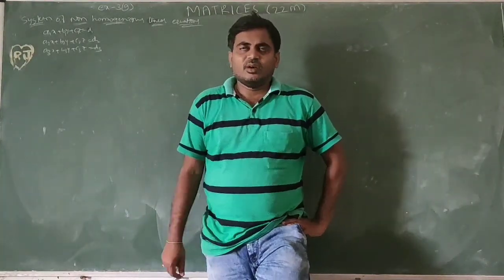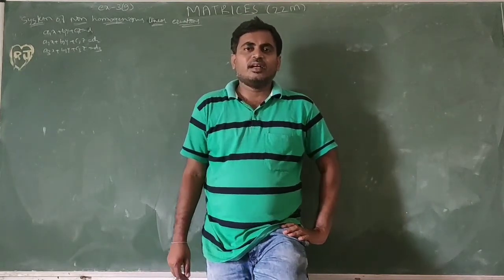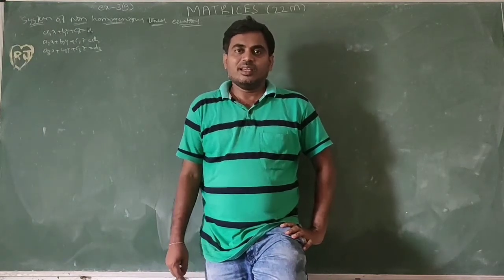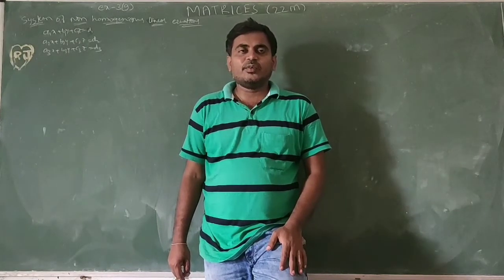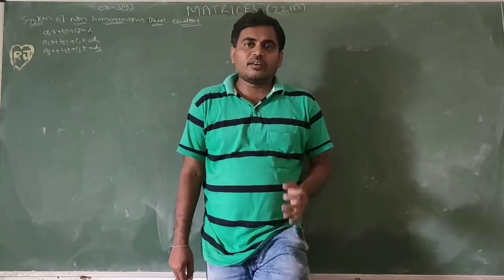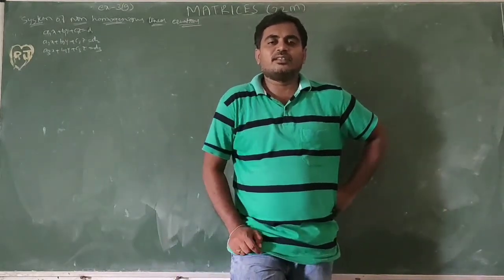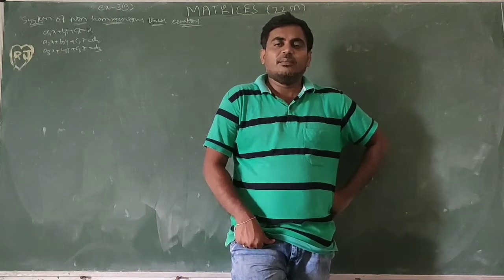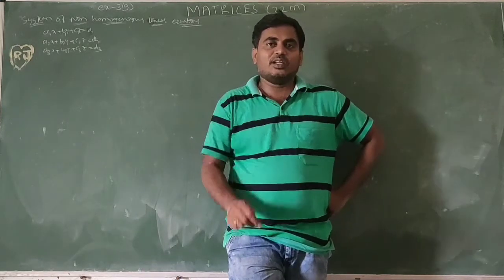Okay, first in 10th class you learned about system of pair of linear equations in two variables. In 9th class, linear equation in two variables. A linear equation in two variables is in the form of ax plus by plus c equal to 0. What is a pair of linear equations? If two equations are given, then it is called a pair of linear equations: a1x plus b1y plus c1 equal to 0, a2x plus b2y plus c2 equal to 0. It is in two variables.